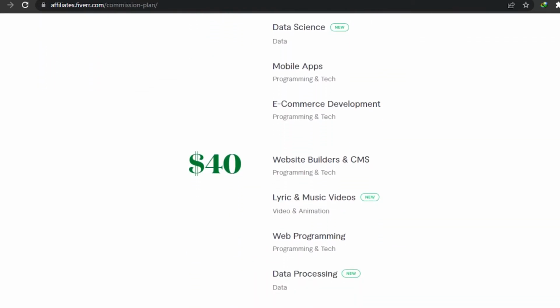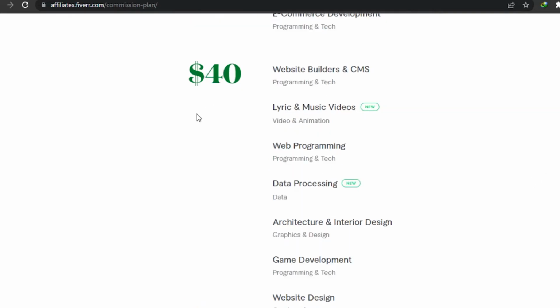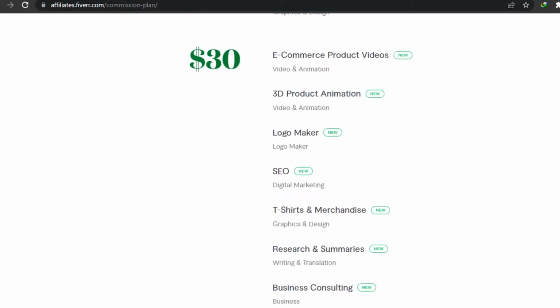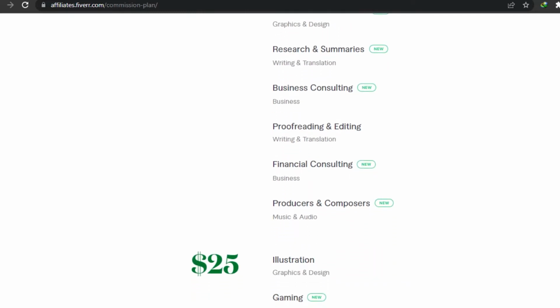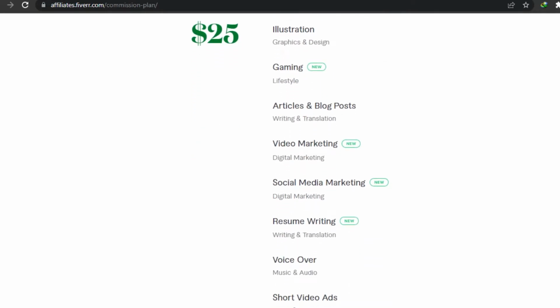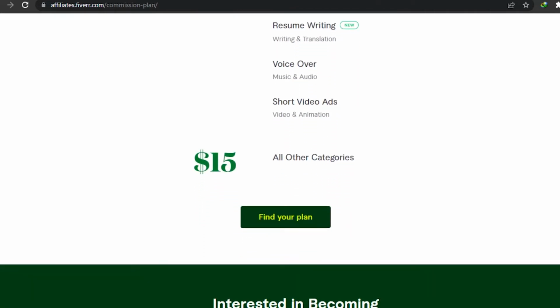Then we have all of these different plans as well. So we have $50 for industrial and product design, data sciences, mobile apps, and e-commerce development. These are the different niches and services that you can go for. Then we have $40 for website builders, lyrics and music, web programming, data processing, game development, and website design. Then we have $30 for logo makers, SEO, e-commerce, research and summaries, business consulting, financial consulting, producers and composers. Then we have $25 for gaming, video marketing, social media marketing, voiceover, short video ads, and then $15 for all